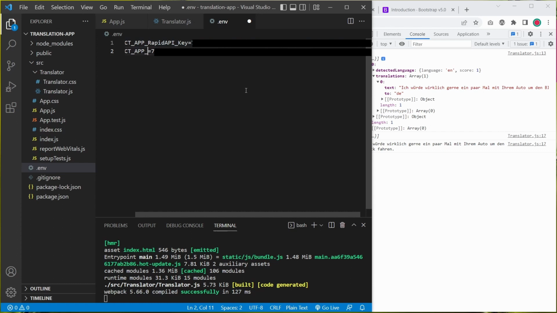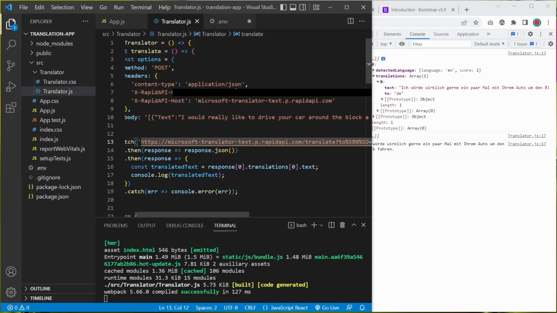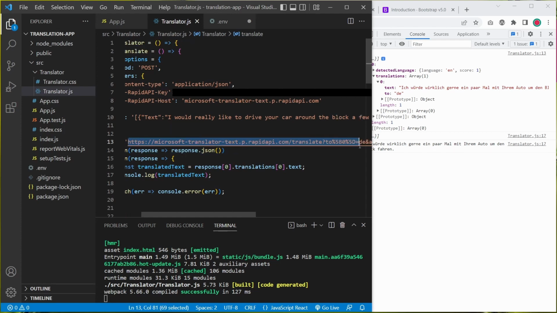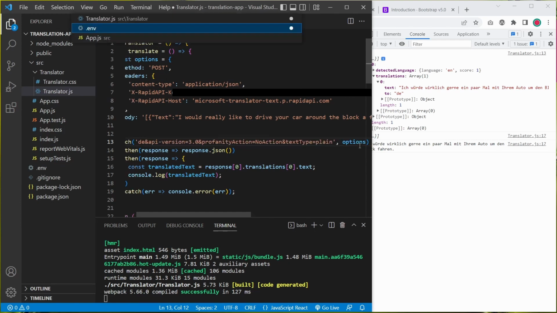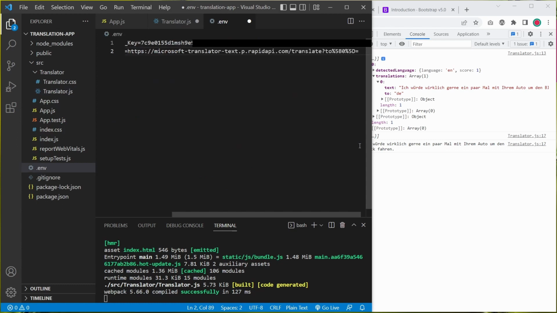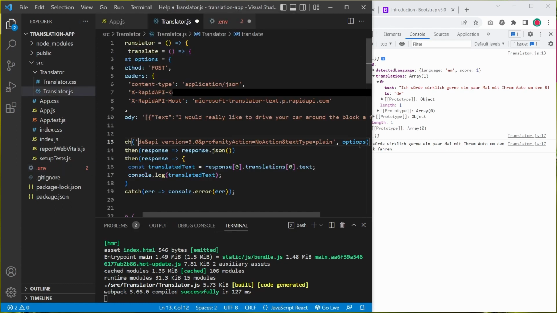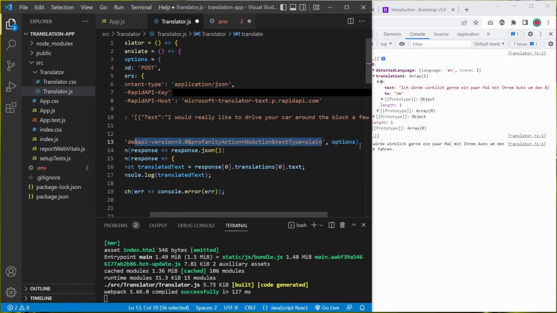So here we'll say base URL. Now this one is actually the whole URL. So we're going to start from here up until this equal sign. So I'm just going to get rid of that. I'm going to copy it, and I'll just paste it here. All right, and then the last thing is actually going to be this, the rest of the URL, which is